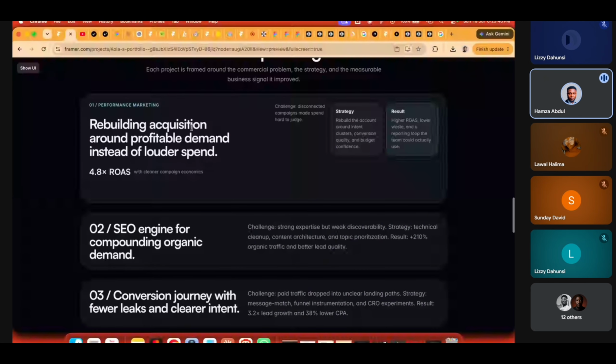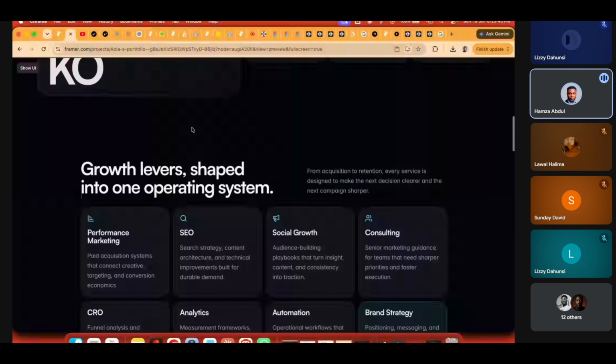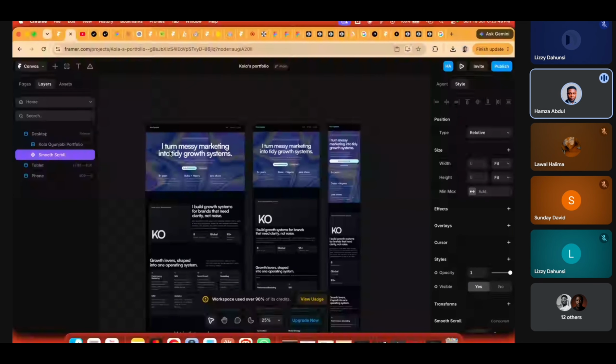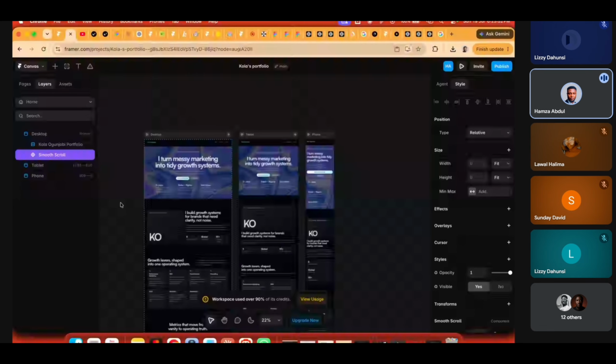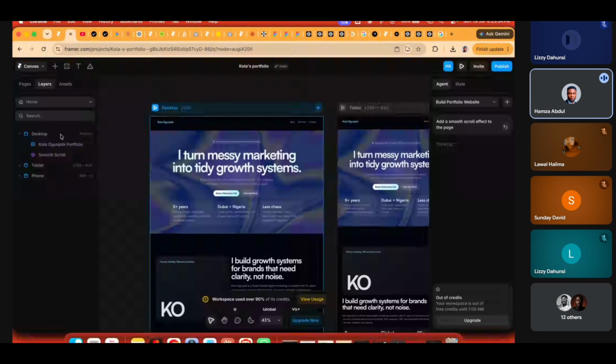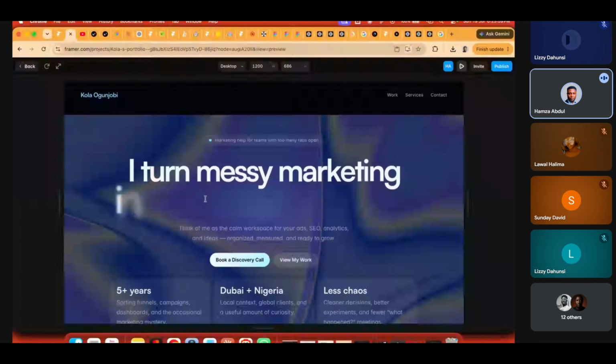So we could have just done this by telling AI to do it, right? But now we've added the component, because you will not see the component anywhere. It's just like a hidden something. So there's so many things that you can do. You can add a component that will change your cursor. There's so many things that you can do, right?